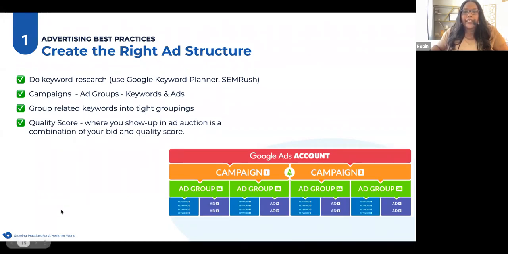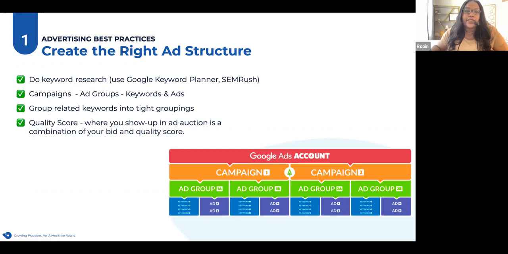So your campaign should really probably be structured by the pain type, the overall solution. Your ad groups are going to go into a little bit more detail, maybe about lower back pain. And then you want to make sure your keywords are tightly grouped so that they're all around lower back pain. What this is going to do is make sure that your quality score is increased, and this will help your bids be lower, so you win more actions,